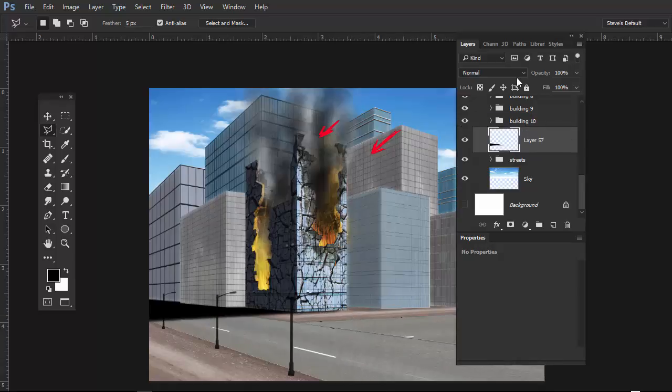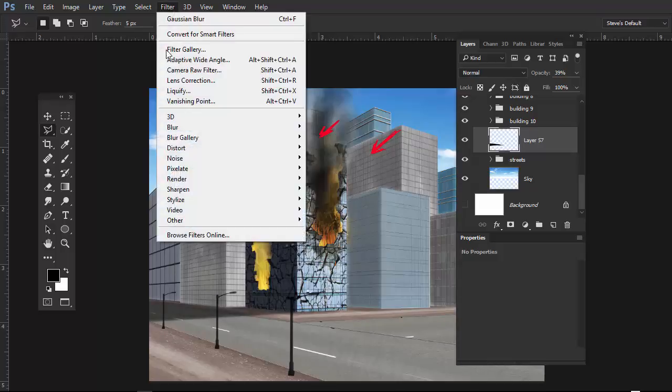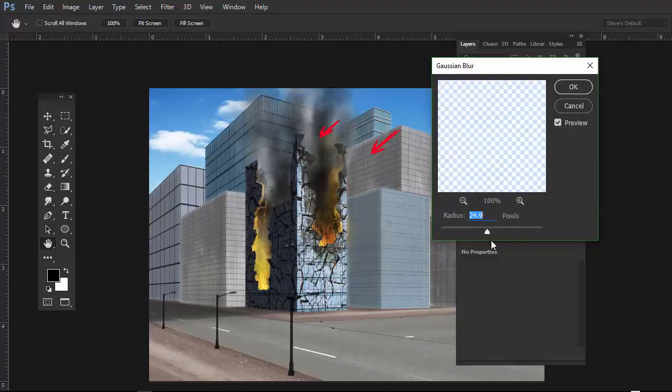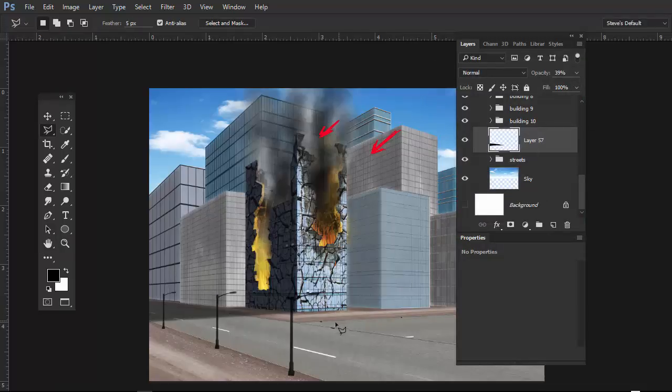Okay, there's my shadow. Bring down the opacity of the shadow a bit. Give the shadow probably a little bit of a blur. So filter, blur, Gaussian blur. So, you know, blur it to your liking. Okay, there we are. Okay, so that should give you a little sense of how to go about creating your